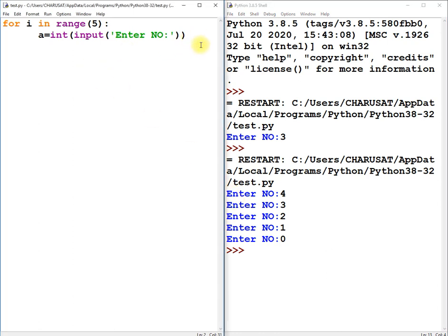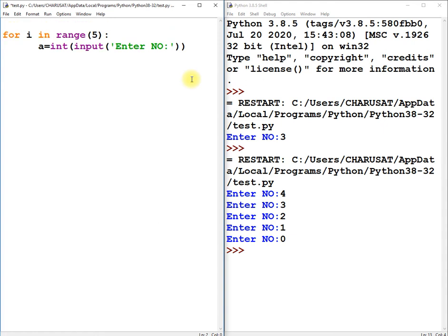Now how to perform addition? Here there is a little issue. I am overwriting the same variable each and every time, so that is not the way to do it. So what I'll do here is create an empty variable where I will store my sum, or update my sum after each value. So I'll write sum is equal to sum plus a.